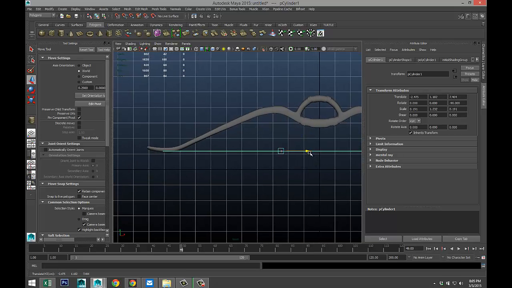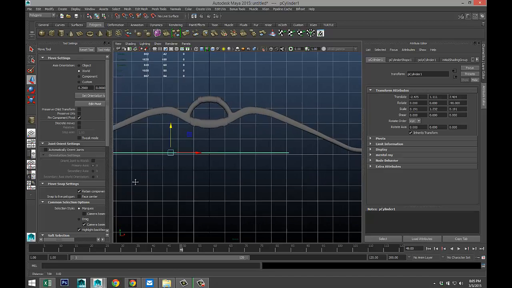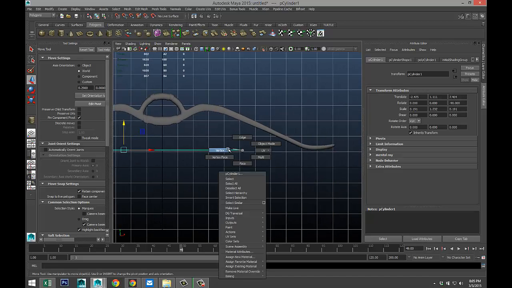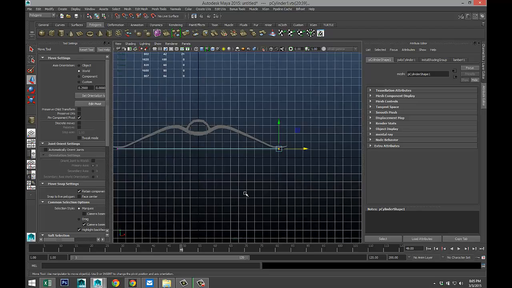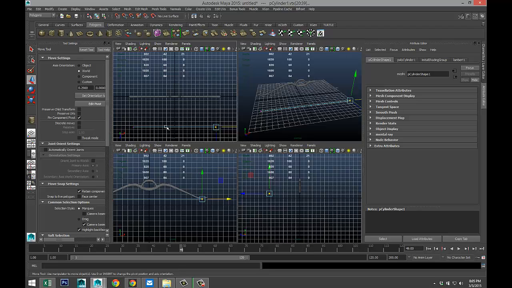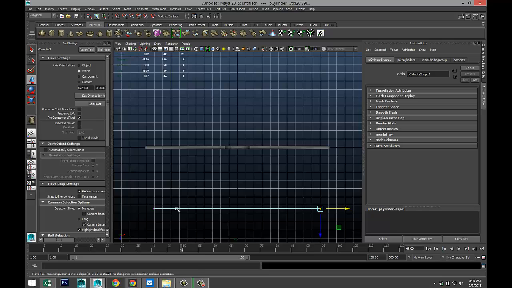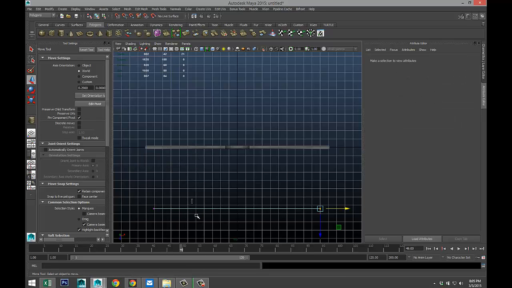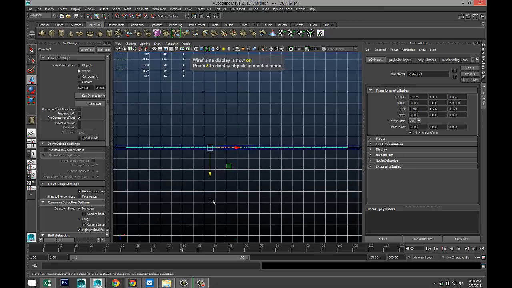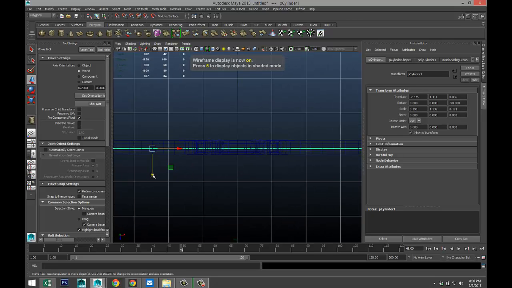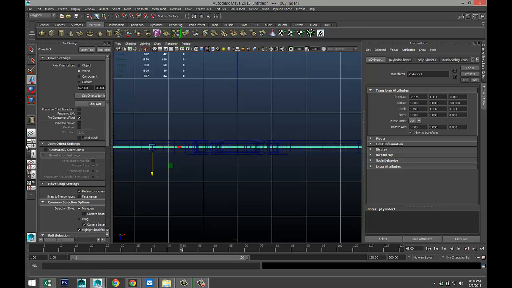Now this is currently in front, but it's going to be down here. Pull it up just a little, okay. We're gonna right click, go to vertex, select that and drag that over, which I think looks okay. From this view, we're gonna right click, go to object mode, and we're gonna move it in and hit 4 for wireframe mode, so we can see that we're in the middle here. There we go.